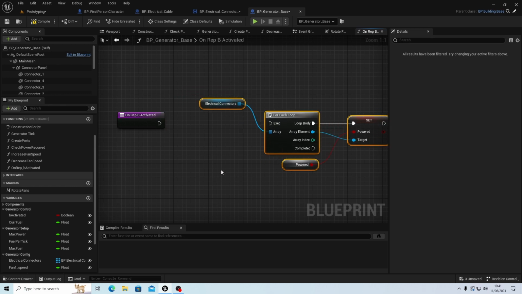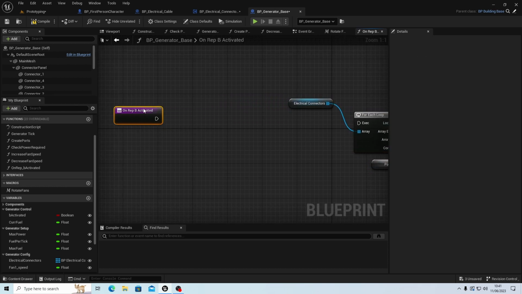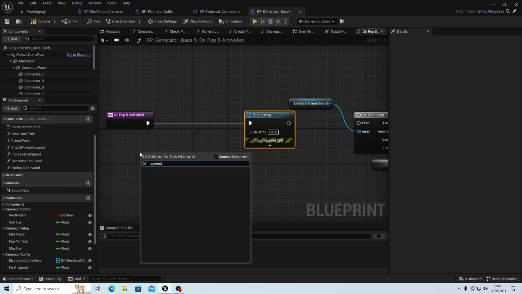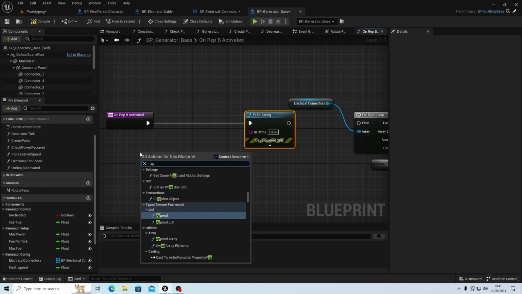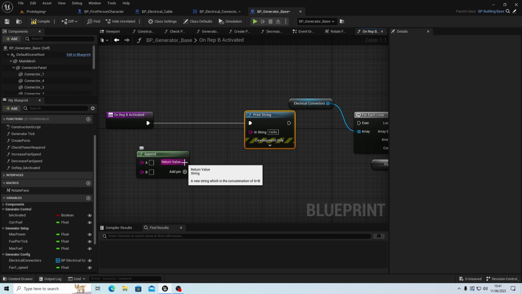when that variable changes. Okay, now we're going to be manually changing that variable, or it's going to be done automatically when the fuel goes. Yeah. So what we're going to do now, before I connect this, I'm going to just do a print, and in this we will do an append string. There we go. Plug that in there,